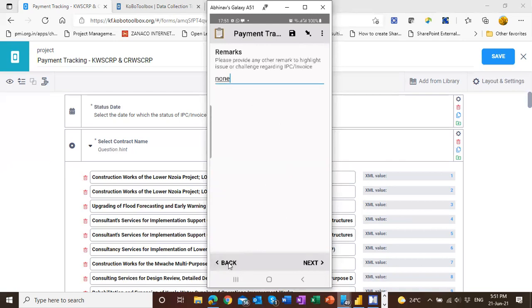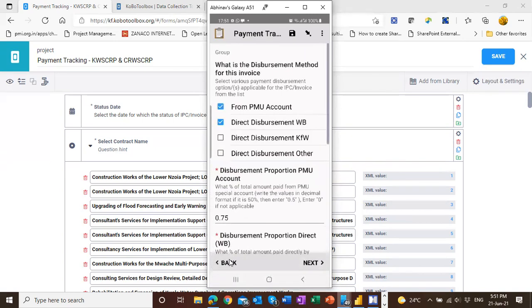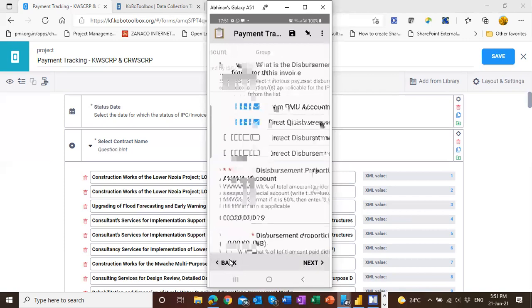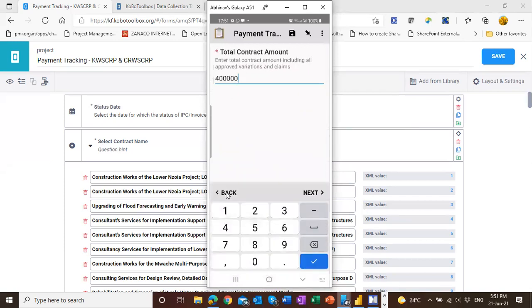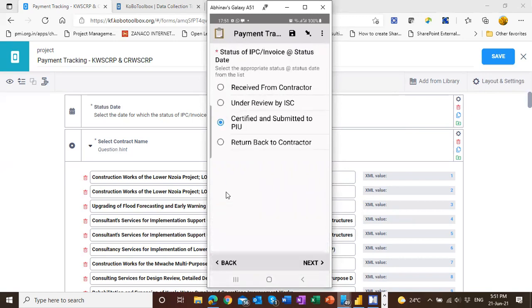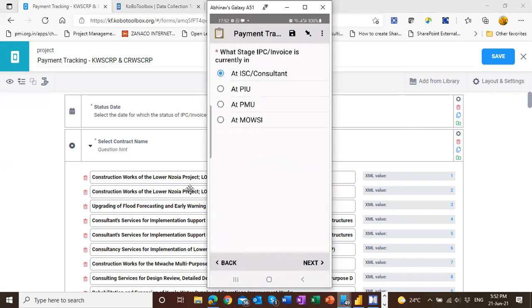I can show you various statuses, so I'm just going back. I'm not saving the form and submitting. I'm just showing what happens if there is a different status from here. So let's say from ISC we have submitted to PIU. So next day when I come, I will start from entering a new status date,